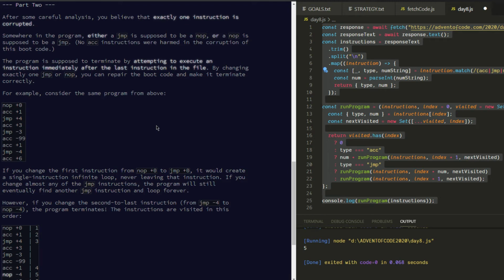In case you were wondering why this nop thing was in here at all, and especially why they would bother including a number next to it, it's because there is a problem in the code. We're saying exactly one of the lines here has been corrupted. It was either a NOP that was supposed to be a JMP, or a JMP that was supposed to be a NOP. So, or nope. Anyway, the point is,